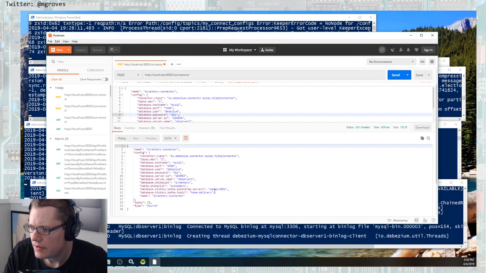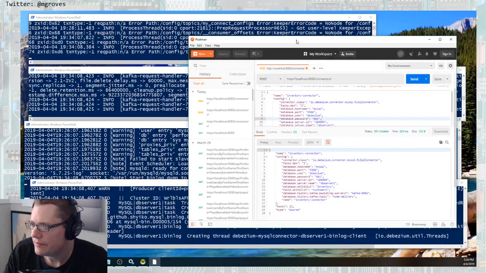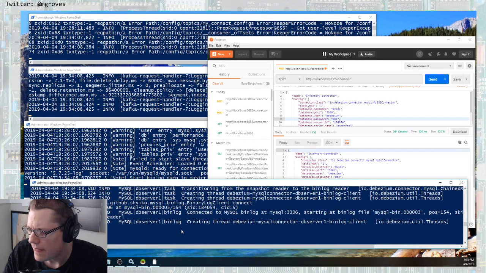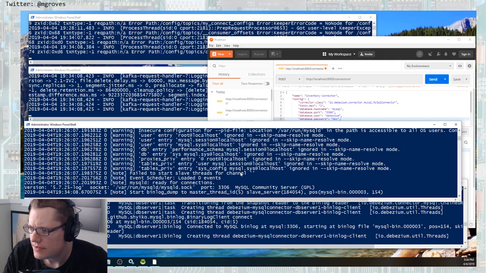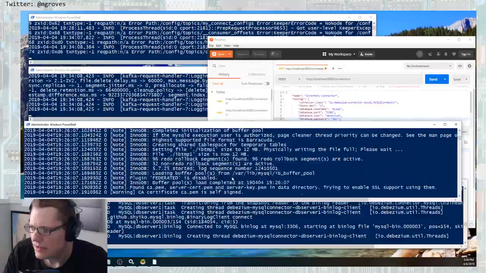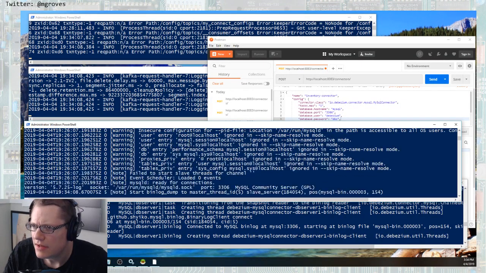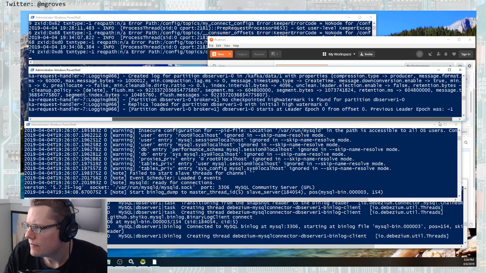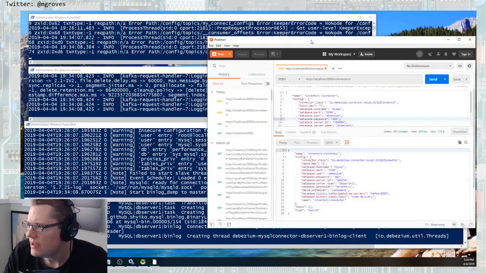Okay. It's doing stuff. In the background, you can see the text scrolling. All kinds of stuff was happening. So this is a connector. Okay, and this is MySQL, right? This is Kafka. DB, so I don't see anything about